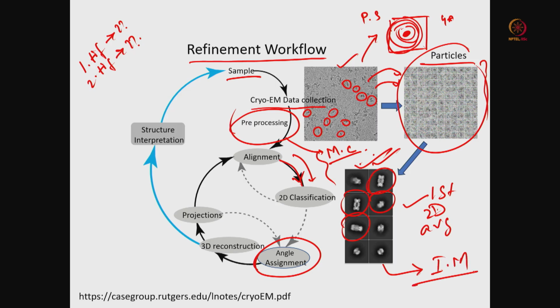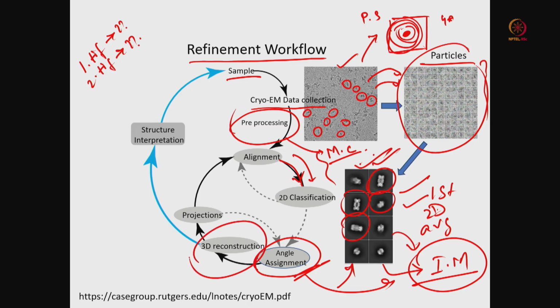Whatever raw particles are inside these 2D averages, you are taking those raw particles or those averages and you are calculating an initial model, and that is called the ab initio model. You use this ab initio model, you assign the angles here, because you know all these angle values when you align them from this 2D, you have the x and y translation, you have the rotational angle. So, now use this angle and align this initial model with all these raw particles and perform a 3D reconstruction.